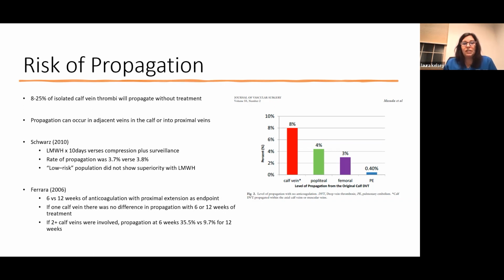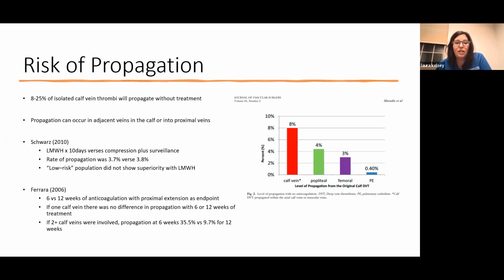Schwartz in 2010 said, well, let's give these patients low molecular weight heparin for that 10-day growth window and see what happens. And he found the risk of propagation was unchanged. And it started to peel out this low risk group, did not really need that low molecular weight heparin to be safe. Ferreira also looked at, well, maybe we could treat these patients for 6 weeks instead of 12 weeks,